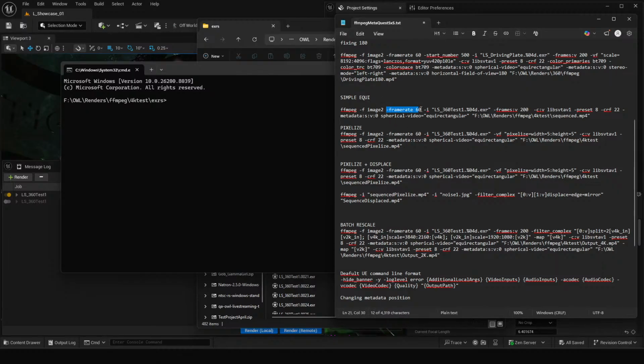Frame rate 60 frames per second. Taking all the frames in my folder under this name, level sequence with a number. I've just specified that I only want to do 200 frames just as a test. We've got this codec AV1, which is kind of the best codec to use for VR because you can go to really high resolutions,